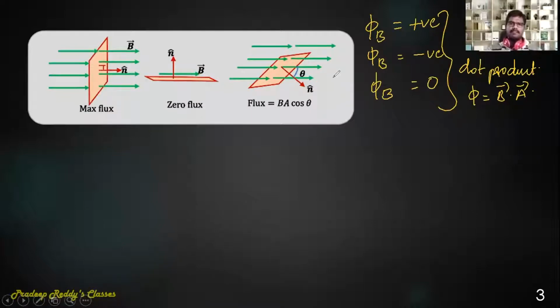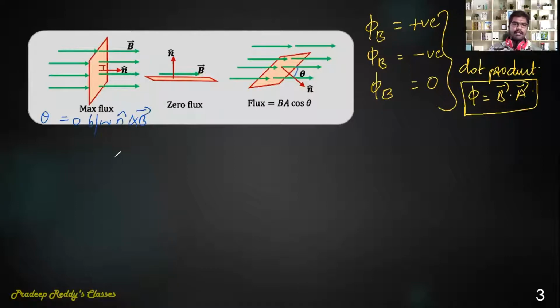Right. Now let us check it here. We have a square lamina placed in external magnetic field. This is external magnetic field. And this square lamina is placed in magnetic field such that its area vector is parallel to magnetic field. So what is angle between these two? Angle between these two, theta is equal to 0 between n cap and B cap.